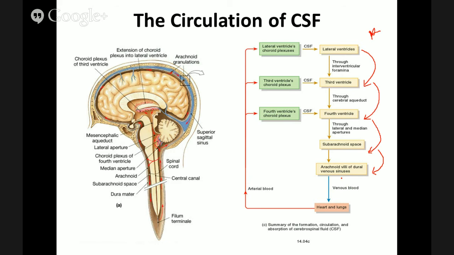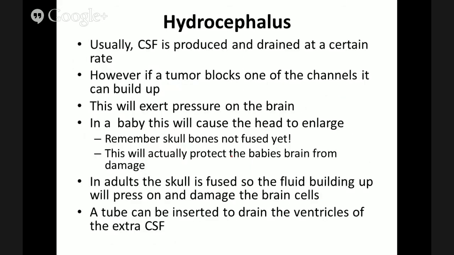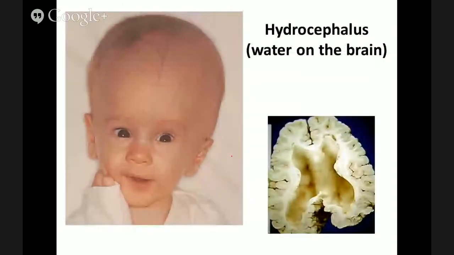And then the blood will take away that old dirty CSF and get rid of the waste products that are in it. So that's our pathway for circulation. So let's look at what could go wrong. Remember, we're relying on this idea that we're making it, it circulates, we dump it. So if something goes wrong in the system and we don't get to circulate the CSF, it's going to build